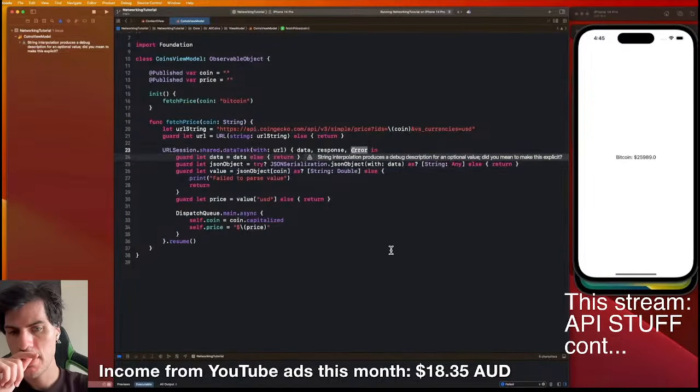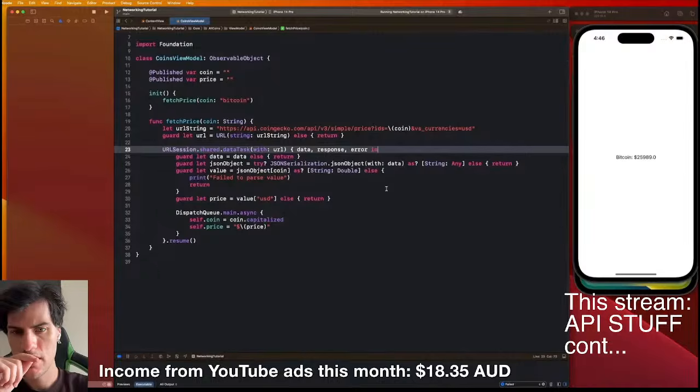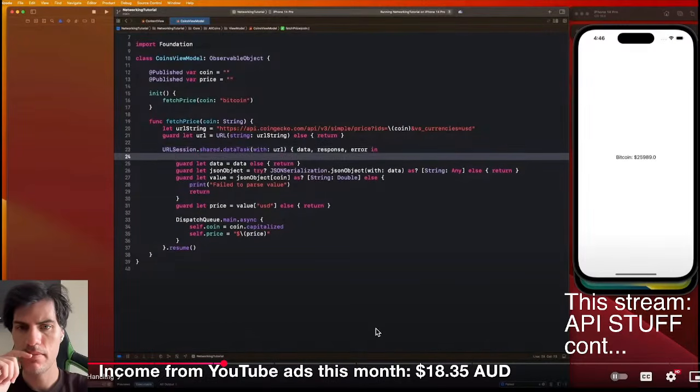Now we can actually start to get into how to handle these errors. We're already checking for the data, guys, and we are safely unwrapping it before we try to use it. Let's do the same thing with our error, okay? So we want